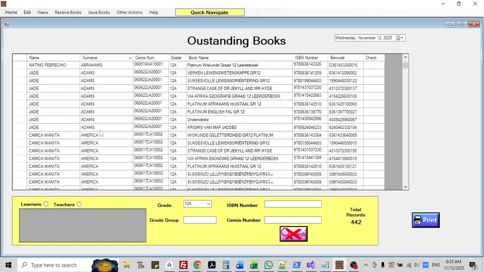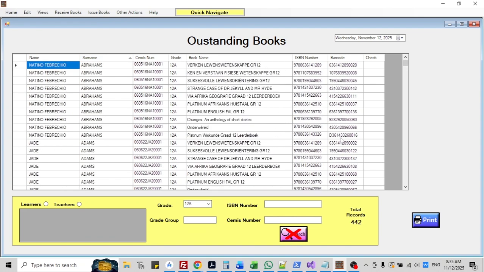I can, of course, sort it again in alphabetical order. And in an admin period, the teacher can quickly check these books to see if the learners still have them. What we have done at our school is that we did not check all the books during one period or in one go, because it's very difficult to do that, as the learners must carry all the books.